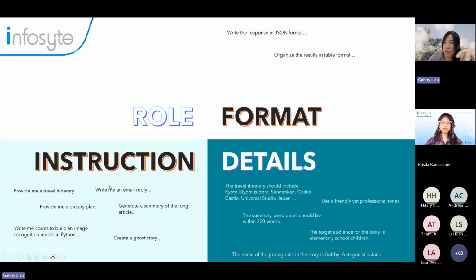After you write your instruction, then you provide some detail. Let's say, provide me a travel itinerary. You write some detail, for example, I need this itinerary to include Kyoto, Kiyomizu-dera, Sanenkan, Osaka Castle. So you mention some detail that you want ChatGPT to know.